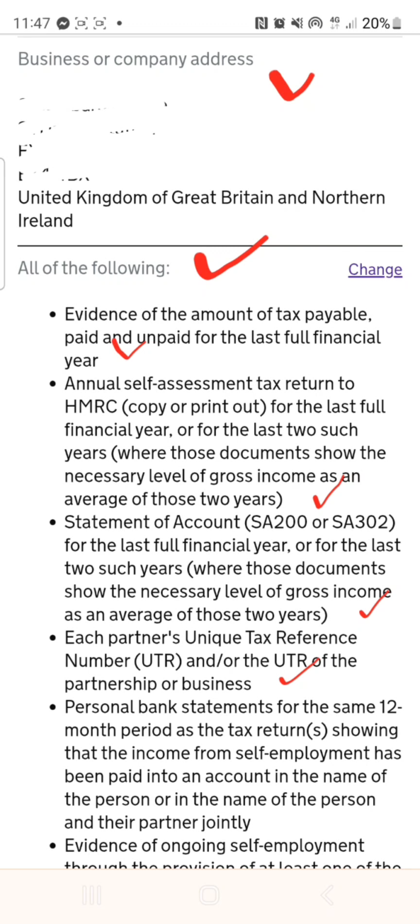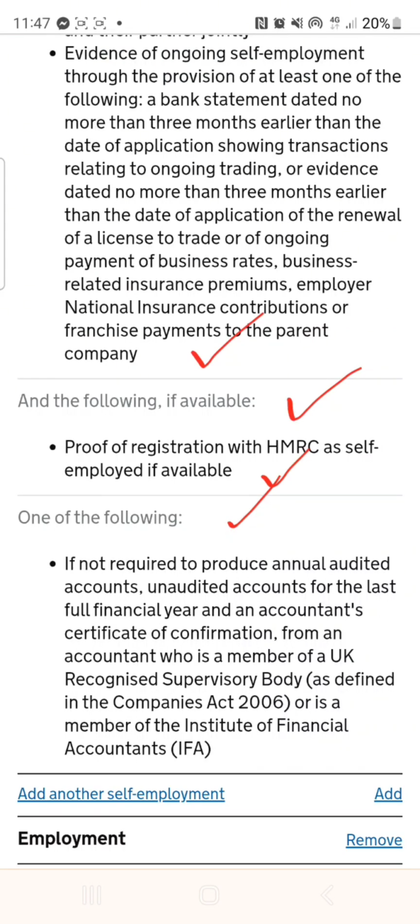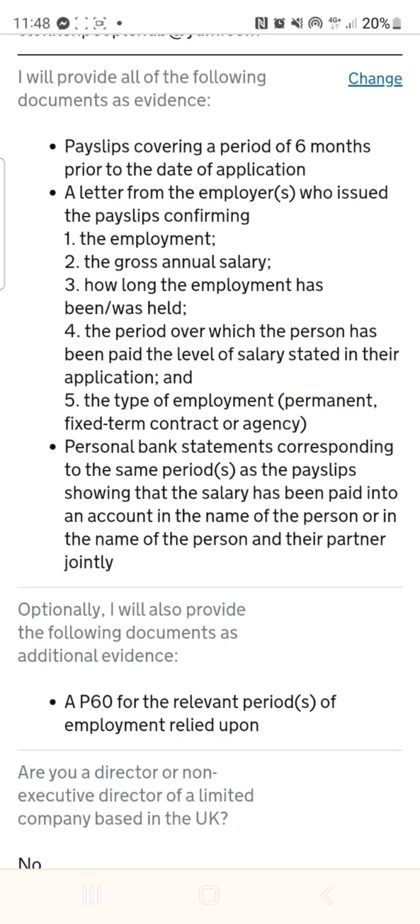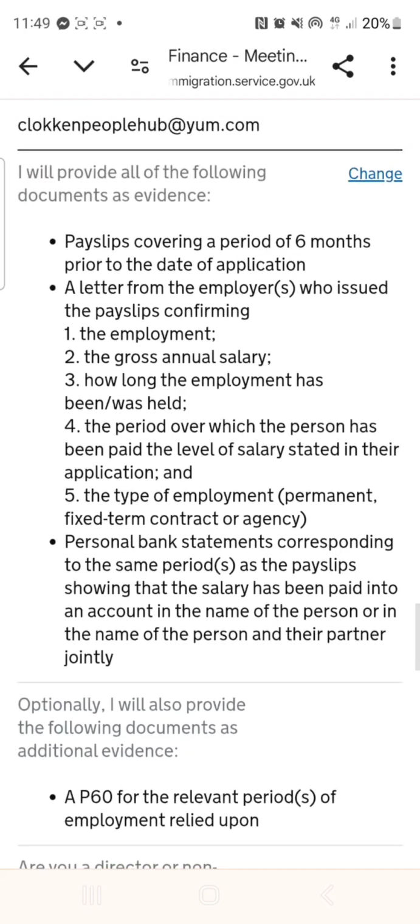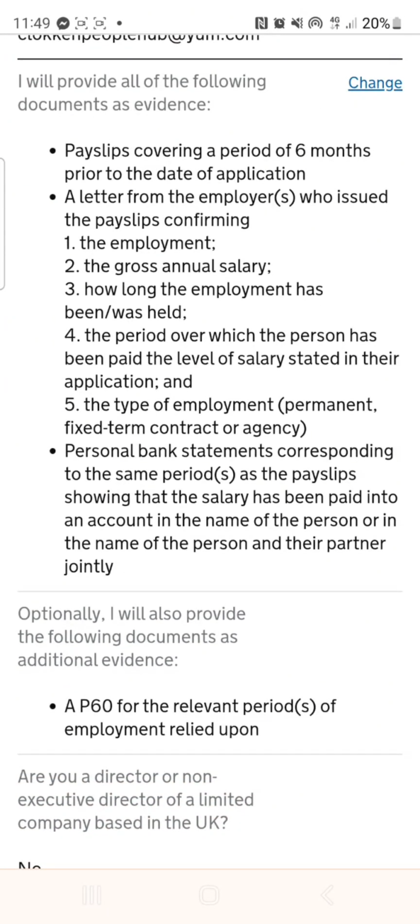Evidence of the amount of tax payable, paid and unpaid for the full financial year: annual self-assessment tax return, statement of account SA302, evidence of ongoing self-assessment through at least one of the following: bank statement dated no more than 3 months earlier, and if available, proof of registration with HMRC as self-employed. And for the employment you need to provide payslips for 6 months, a letter from your employer,